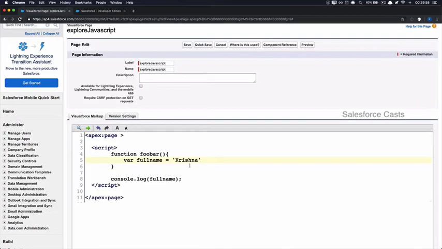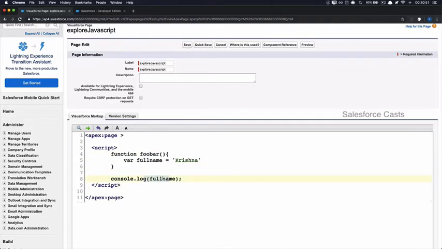That is because you're trying to define the variable within the function, and you're trying to use the variable out of the function. And when you try to define a variable using var, the scope of the variable is going to be within the function. And when I say scope of the function, it is nothing but the opening and closing curly braces associated with the function. Let me repeat this once again. When I try to define a variable using var, then the scope of the variable is the function, which is this and this. And now I'm trying to define it here, but then I'm trying to use it out of the scope of the function, which is here. Hence it is showing us not defined.